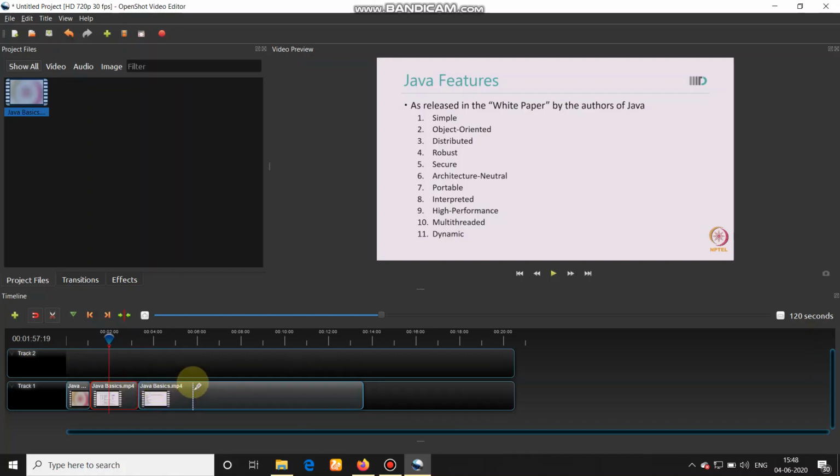Again, you can use this razor tool to slice these 2 parts. But the drawback of this razor tool is, as it does not have any marker, you cannot slice from the exact time. You have to go for checking the approximate time.